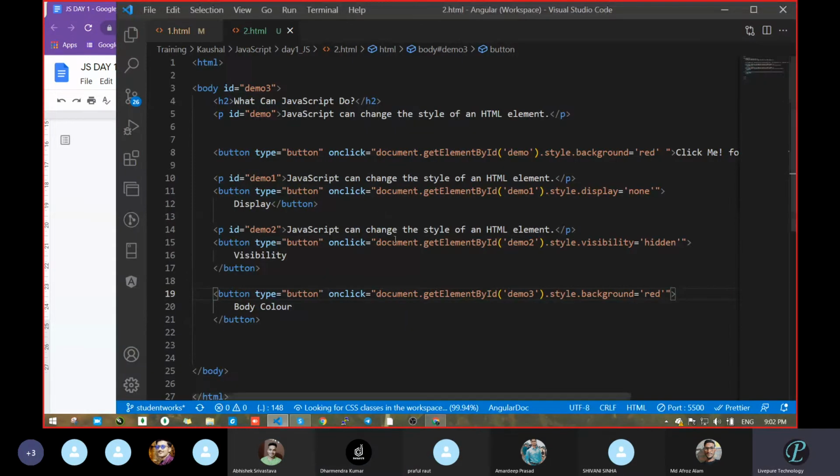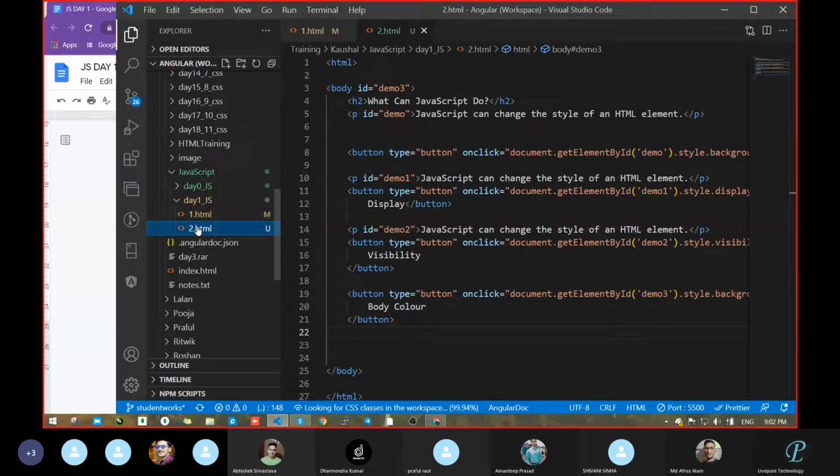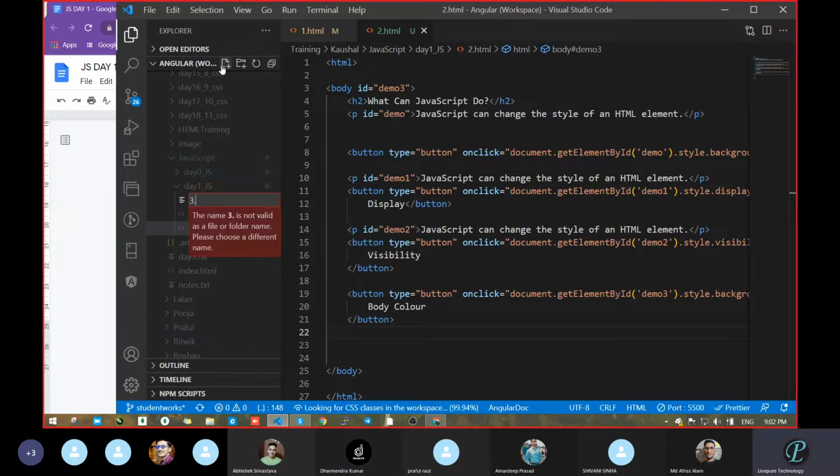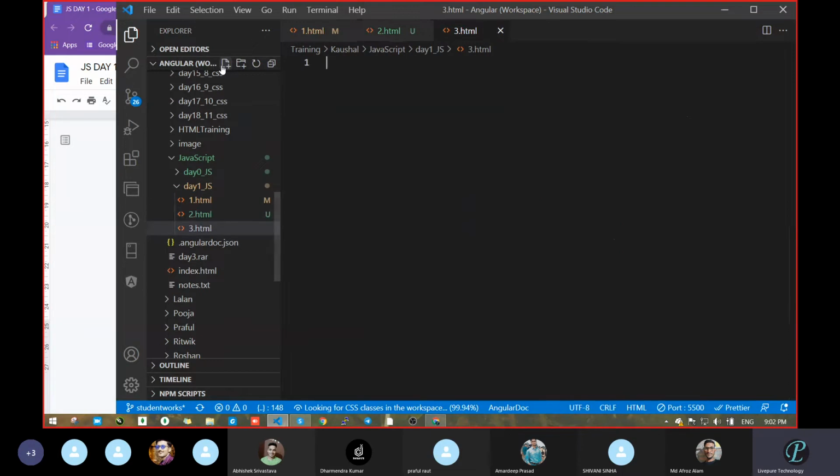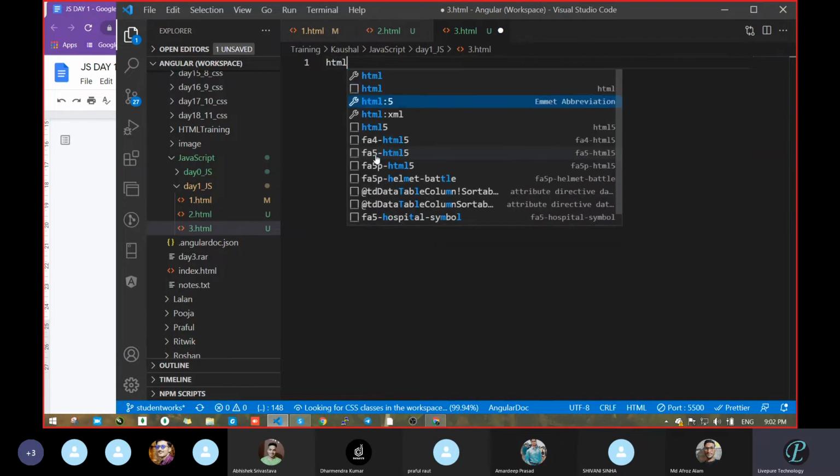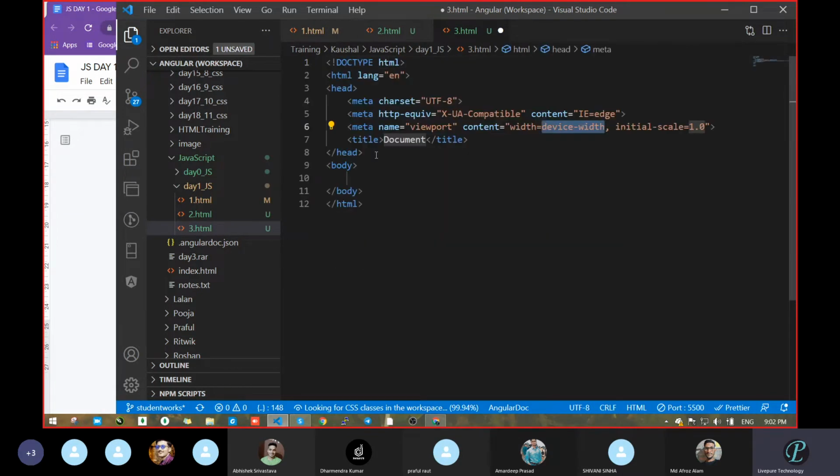As previously we were writing CSS with which tag? The style tag. So we have to link the HTML, then CSS, then JavaScript, like that. All the sequence will be the same type. Just make one HTML file. Now you have to learn this thing. Previously I was showing you a demo. Now we will start on the topic.